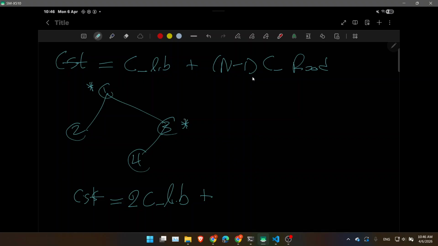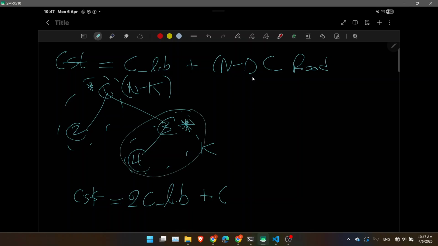let's imagine for generality, if I make a new library, k cities can go to that library easily. So the other library serves n minus k cities. K nodes can visit the new library, so the total number is n, and n minus k nodes can visit the previous library. So if we consider this part, k minus 1 paths are needed times road cost,